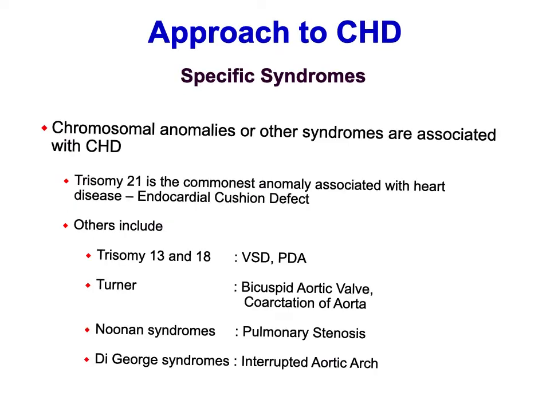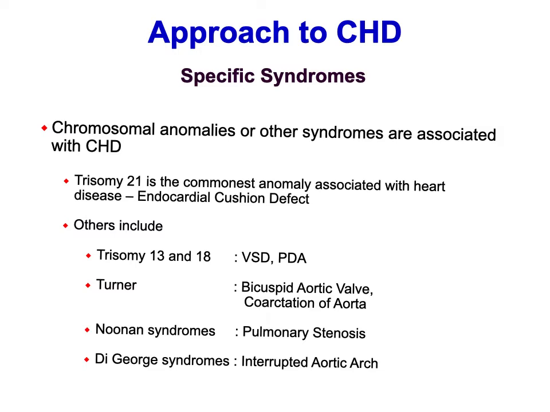Some specific syndromes or chromosomal anomalies are also associated with congenital heart disease. As we have discussed in previous classes, chromosomal anomalies are associated with congenital heart disease. I have picked up only a few very common ones that would be useful for you. Trisomy 21 is the commonest anomaly associated with congenital heart disease, and the commonest type of congenital heart disease associated with this condition is endocardial cushion